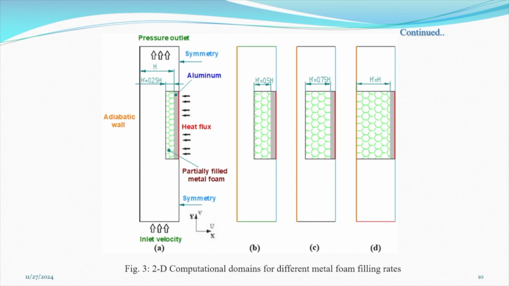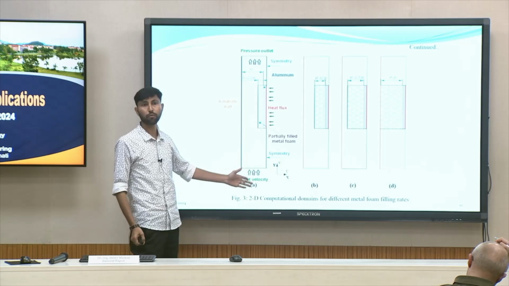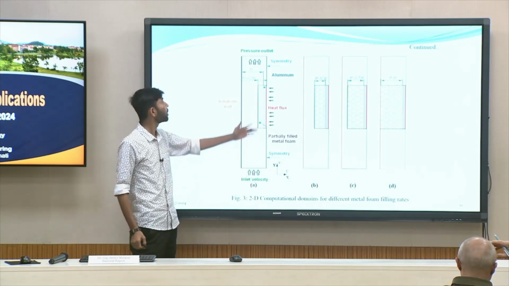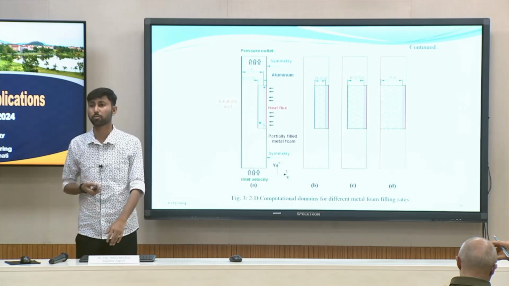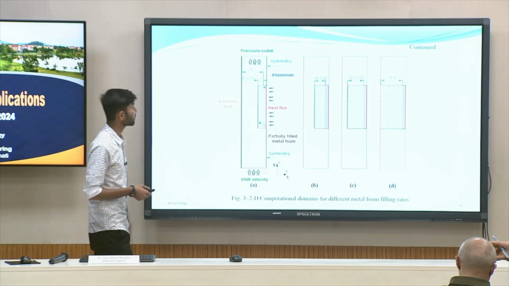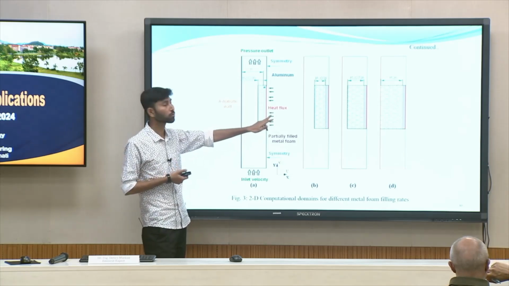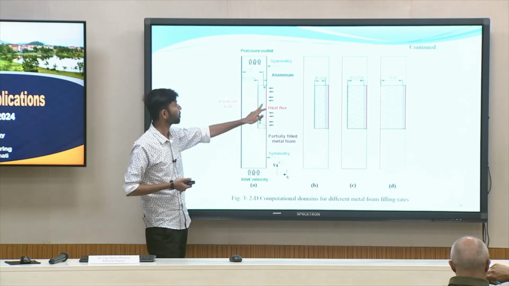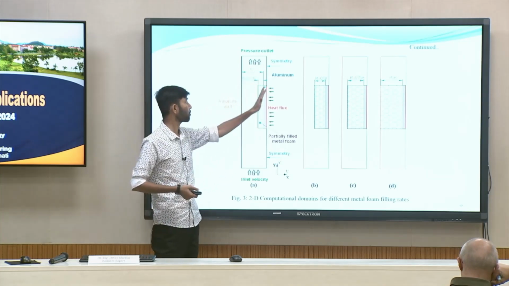The side wall we consider as adiabatic wall conditions. Then air is traveling from the bottom, so this is the inlet condition, and a uniform velocity we have maintained. At the outlet we have considered atmospheric pressure, or gauge pressure as 0. Then this is the heater, so uniform heat flux is provided. This is the aluminum plate and this is the metal foam we have filled, and this we consider